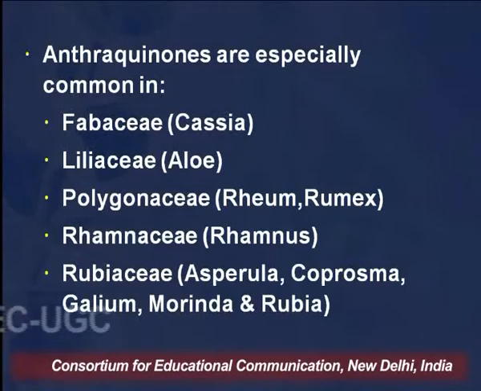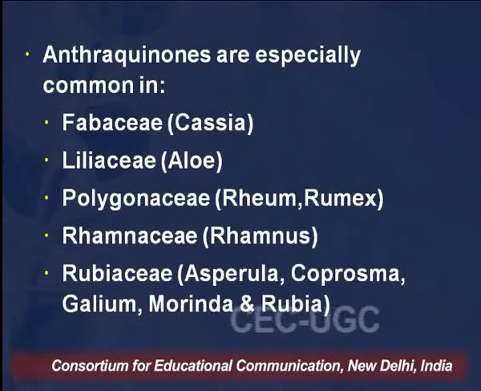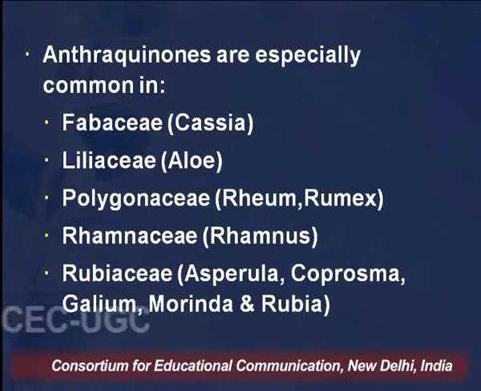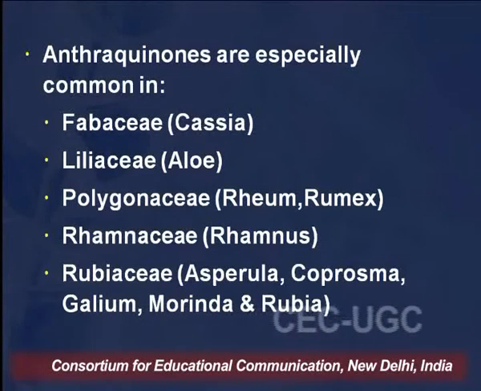Then in Liliaceae we have already discussed, an example is Aloe. In the Polygonaceae family, an example is Rheum palmatum, that is rhubarb, or Rumex. In Rhamnaceae it is Rhamnus purshiana, that is cascara bark. Anthraquinone glycosides are also found in members of the Rubiaceae family, and these are the genera in the Rubiaceae family that contain